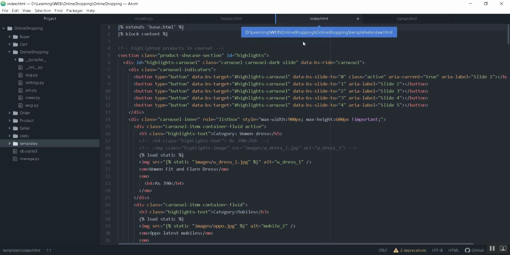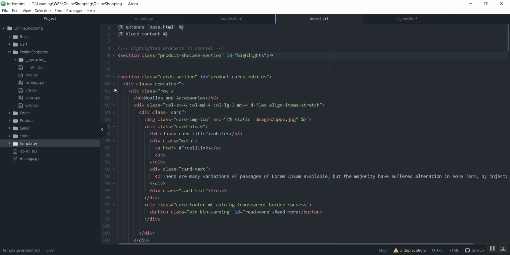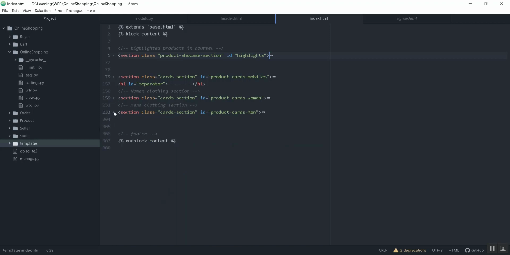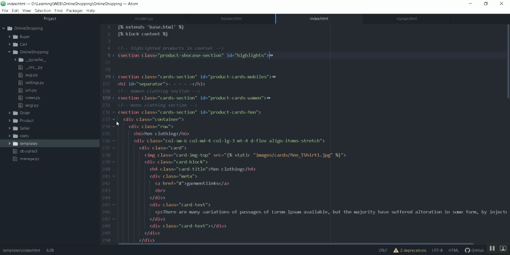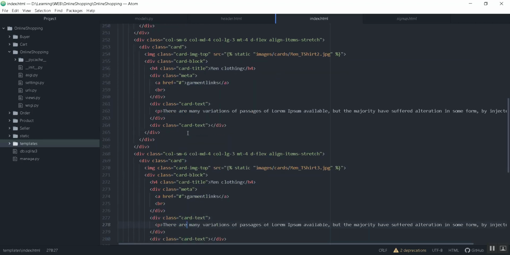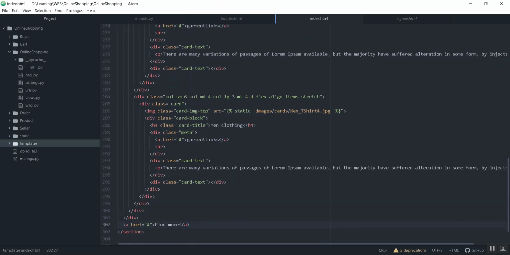This is a section for the carousel, so I minimize it. Now if you see, there are sections for the mobile category, for the women clothing category, as well as for the men clothing category. 3 categories or sections are here, and inside each there is a container, and each product is added individually, hard-coded in a way in the